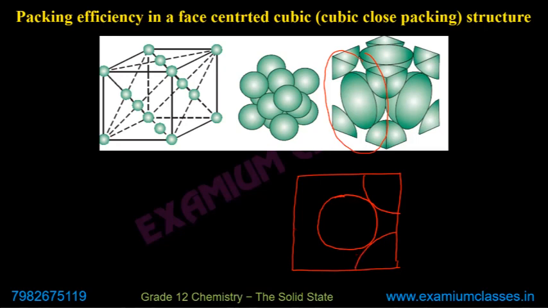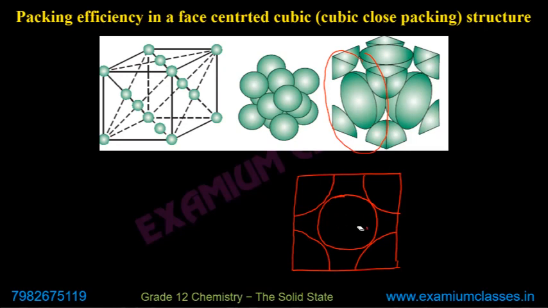Now these atoms will not be touching, the corner atoms will not be touching each other. Why will they not be touching? Because this face atom is there on the face. Obviously its contribution will be half, but it is on the face. So that's why it keeps these atoms apart. But still we can get the relationship between A and R.